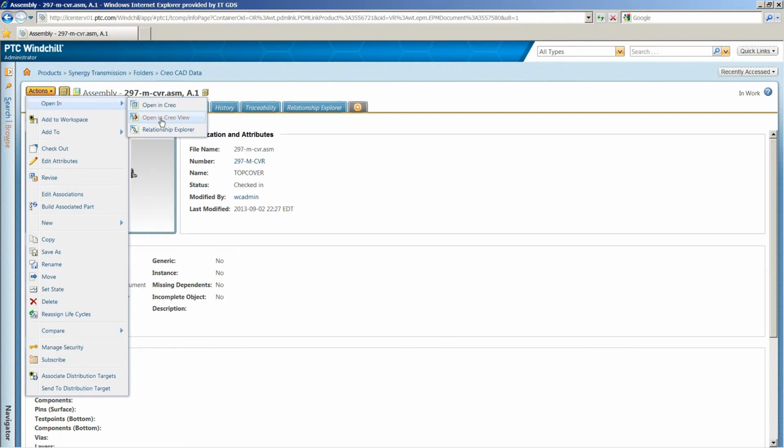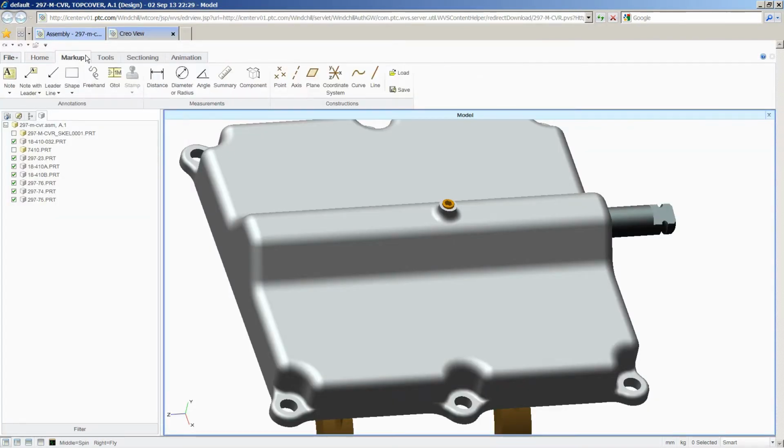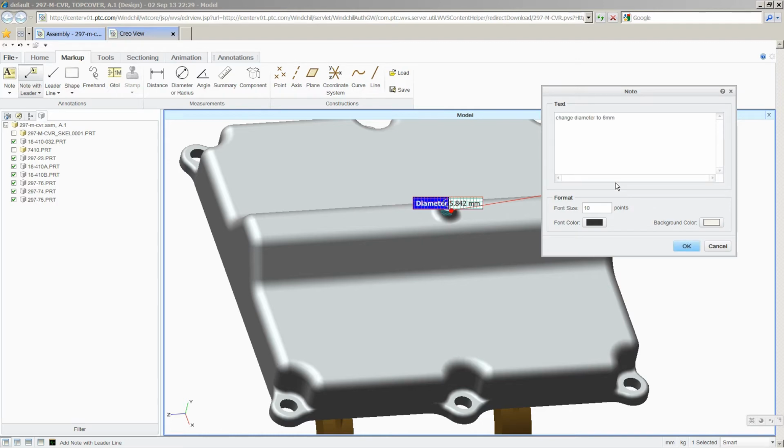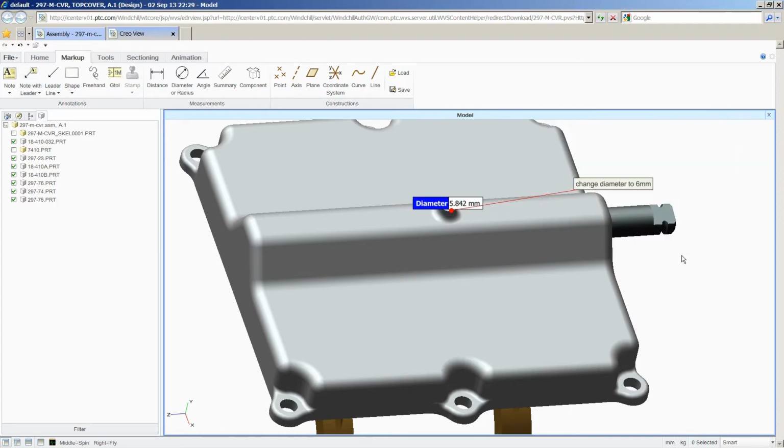PTC Creo View Lite, PTC's visualization tool, is also included to distribute information to people who do not have design tools on their own computer, but need to see and interrogate product models. Reviewing a particular design, making comments or markups, and taking measurements can all be done without disturbing the original design